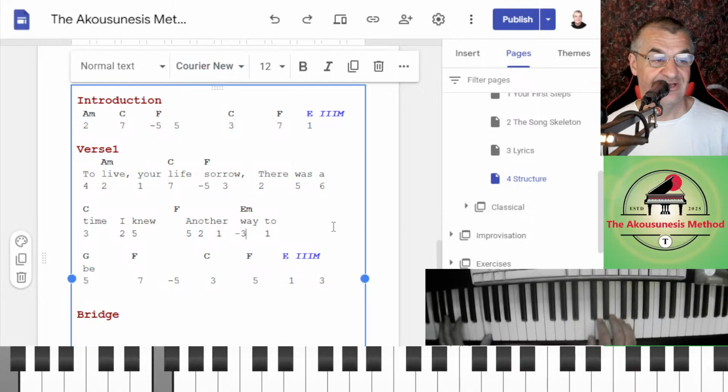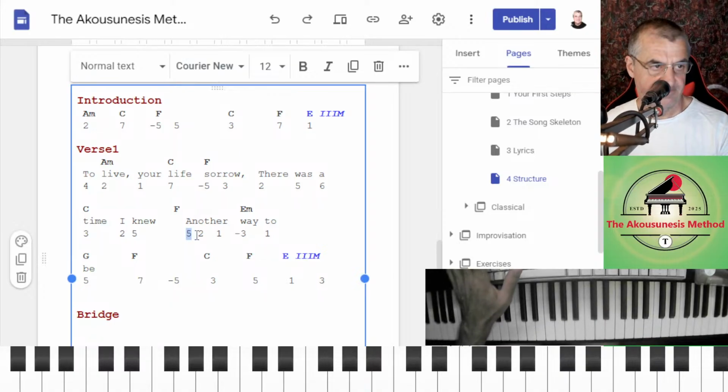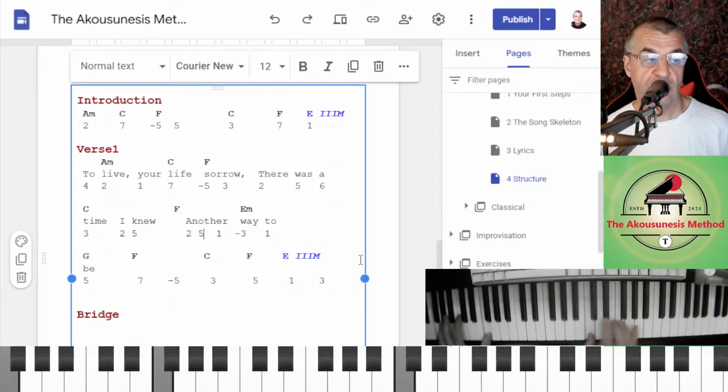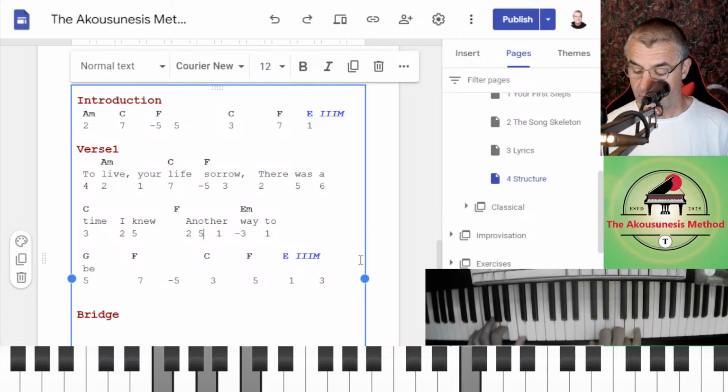I'm going to do that. I'm going to do 2, 5. I'm going to swap them around. Another way. So 2, 5. Oh no. What? Oh, no.